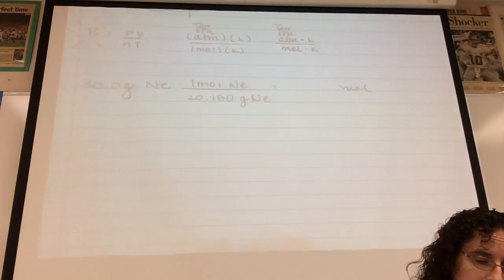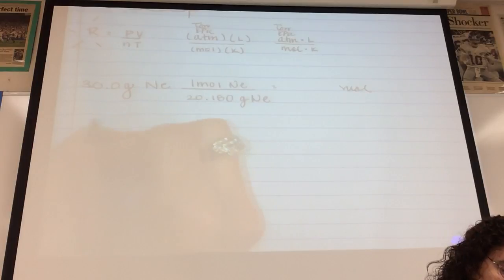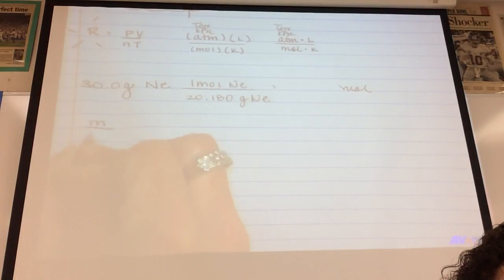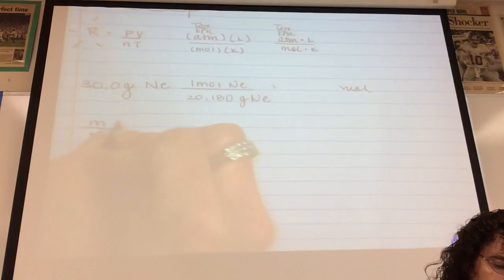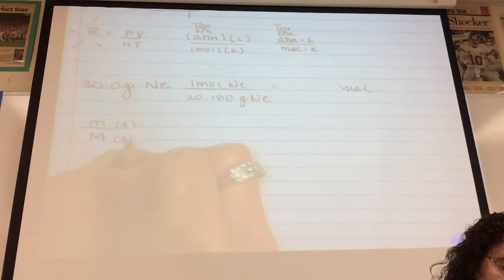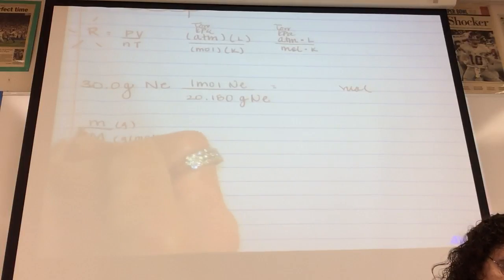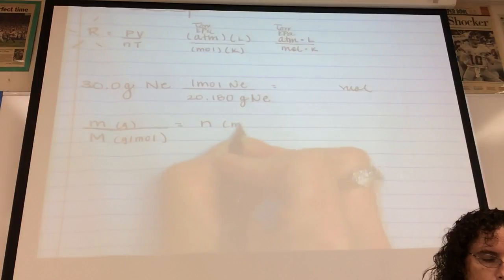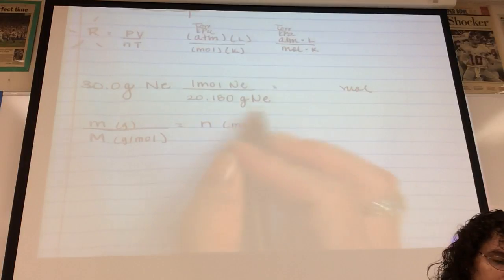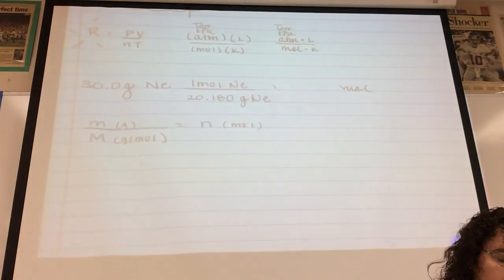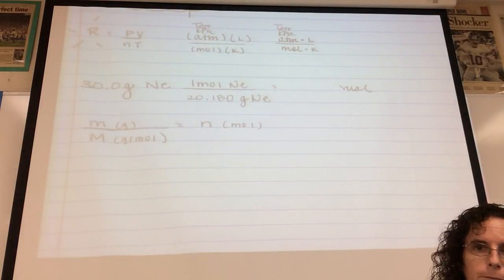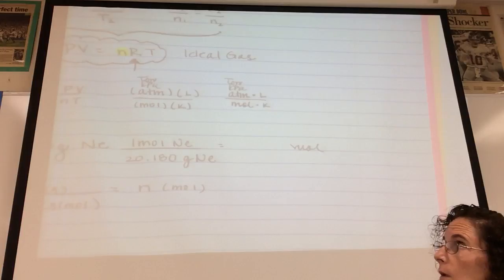Okay, so basically what you're doing here is you have the mass of neon divided by the molar mass of neon. This is in grams, this is in grams per mole. That's equal to moles. So instead of putting n here, I can replace that n with little m over